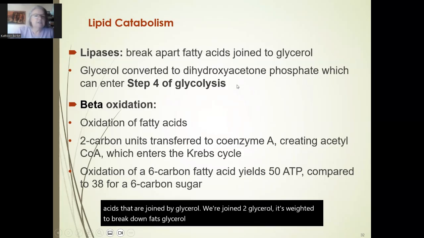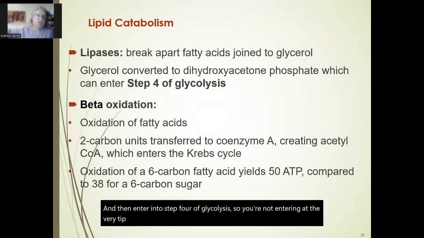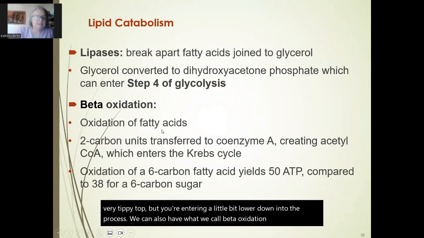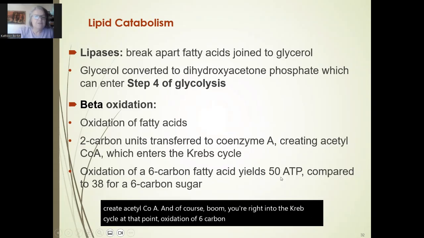Glycerol can get converted into dihydroxyacetone phosphate, and that can then enter into step 4 of glycolysis. So you're not entering at the very tippity top, but you're entering a little bit lower down into the process. We can also have what we call beta oxidation. This is the oxidation of fatty acids. So 2 carbons get transferred to coenzyme A to create acetyl-CoA, and of course, boom, you're right into the Krebs cycle at that point. Oxidation of 6 carbon fatty acids will yield 50 ATP,